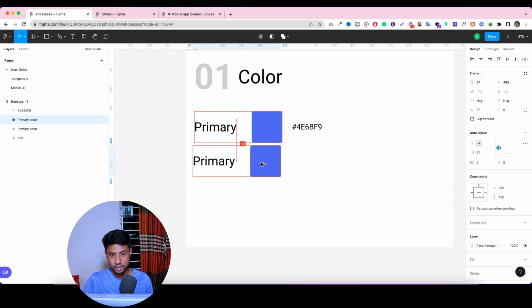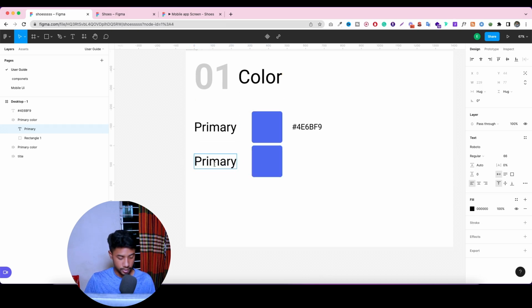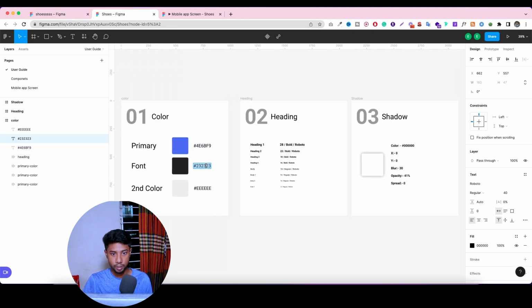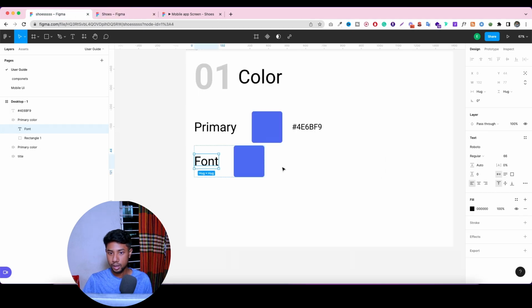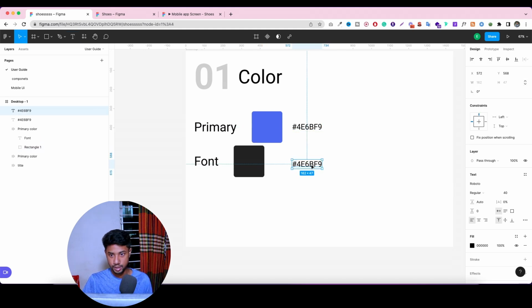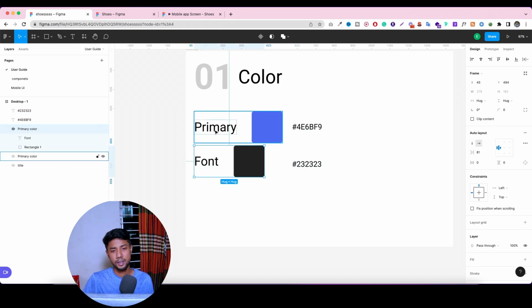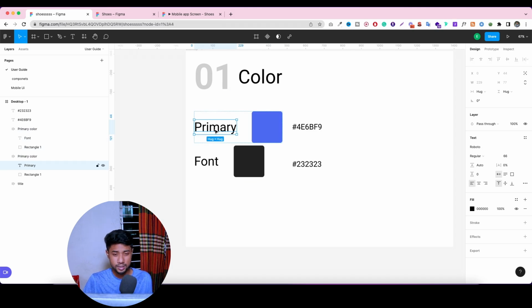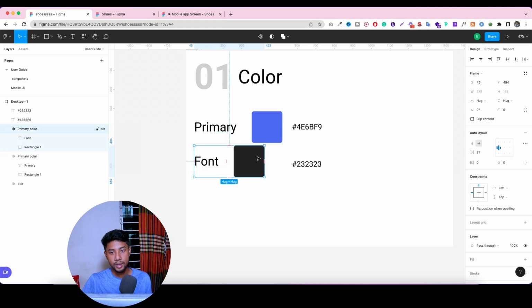It's only for the font, so let's type here the font, and let's copy here the color code and just change the fill color like this. And also we need this one in the same line, and just type here this color code. But one thing you can see here, the previous one just had a little bit more text, so that's why it looked big, but now it's less text, so now it looks closer. So now we can use it here, this space between in the item,